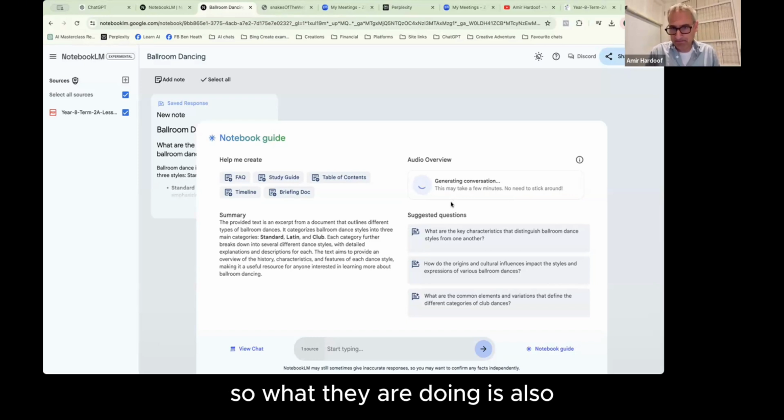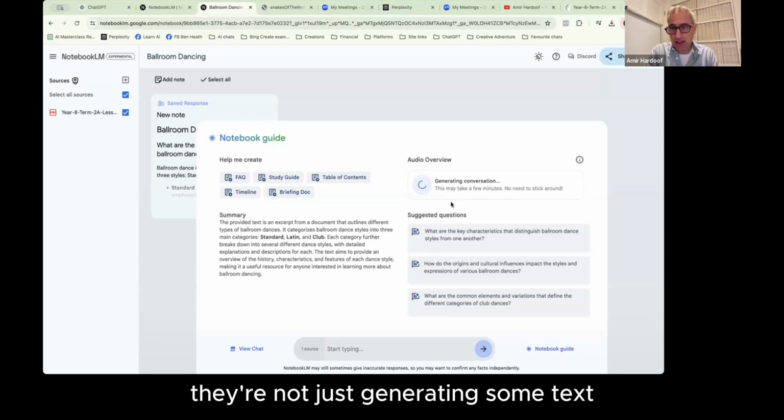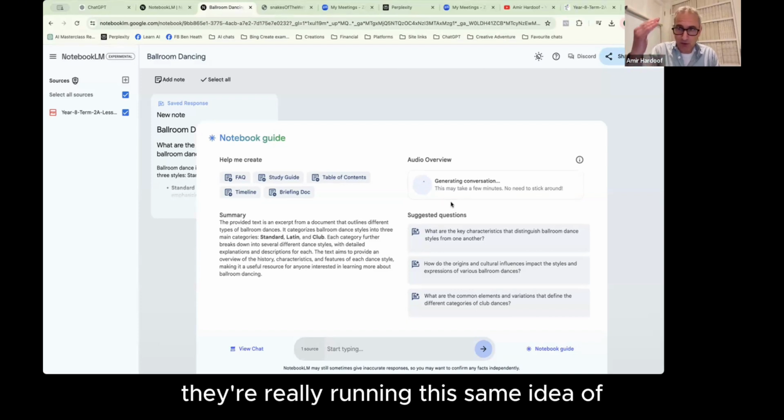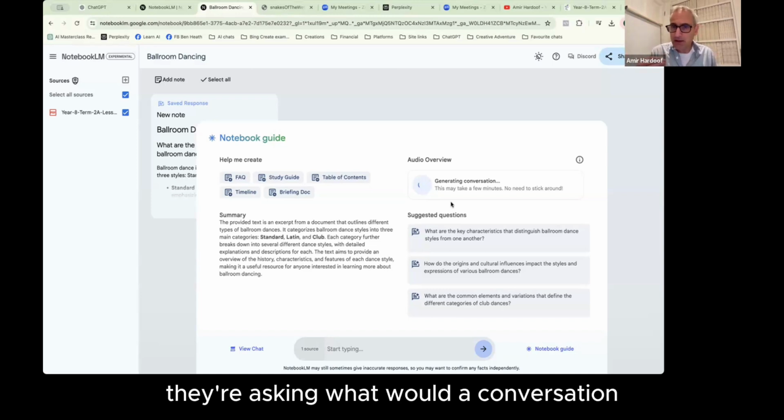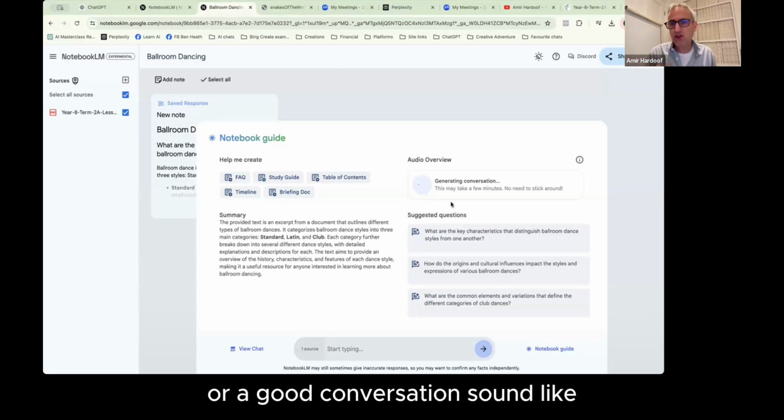They're not just generating some text and then having automated AI audio. They're really running this same idea of trained thought processing. They're asking, what would a good conversation sound like? What does one person need to ask? What does the other need to ask before they construct everything?